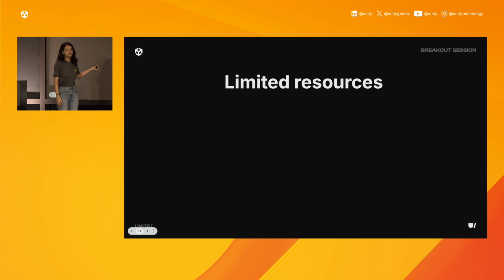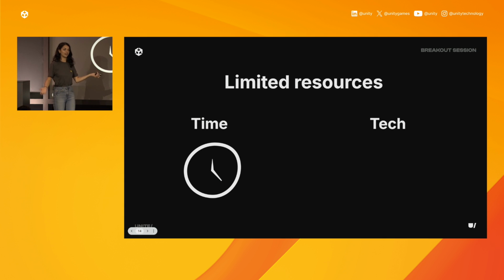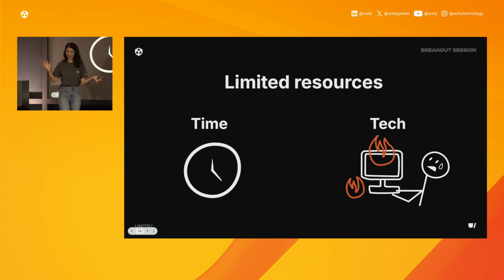So 2 big categories, for example, are our time. When we're creating, when we're iterating, and even just the tedious little tasks like exporting, all that adds up. So we need tools that give us more flow and less friction, right? And the other big limitation is our tech. I won't harp on this. You know that at least for now, we are limited by our hardware. So just try not to set any CPUs on fire, yeah?